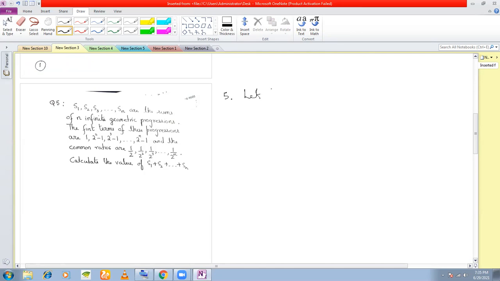So let S1, S2, S3 up till Sn be the sums of infinite GPs with each having their first term